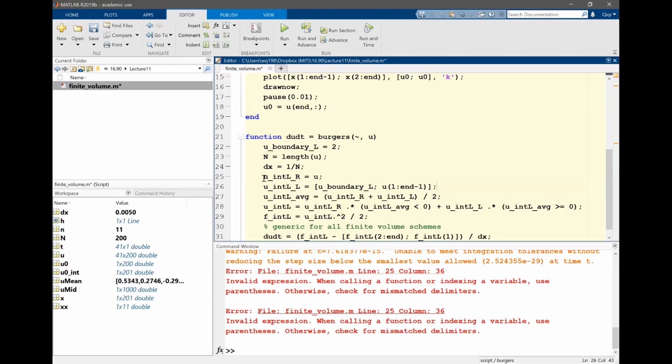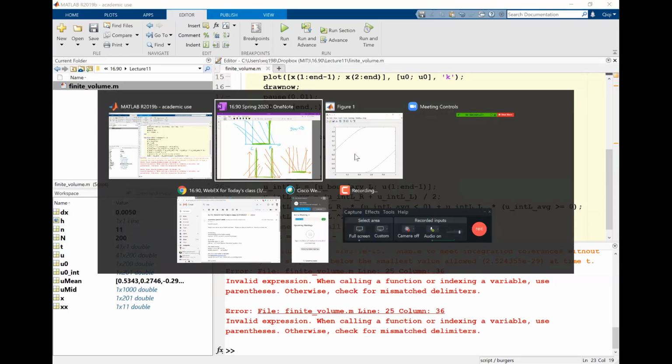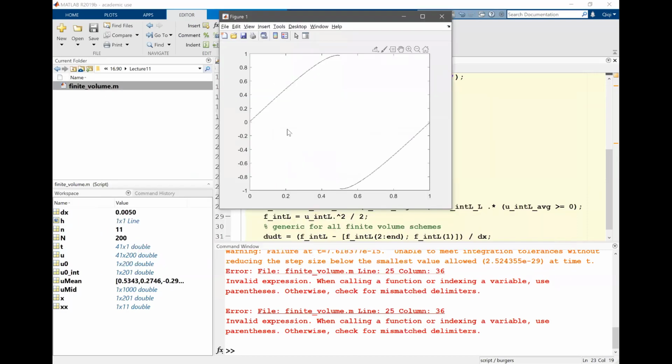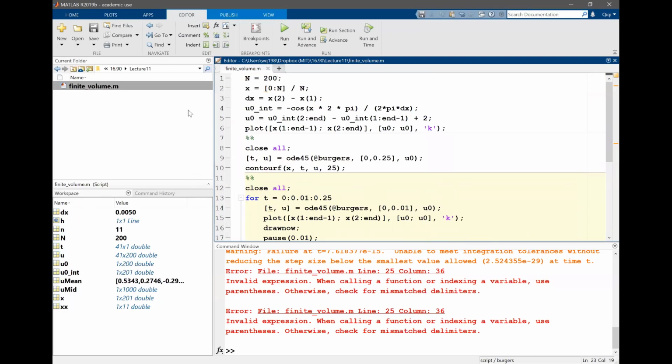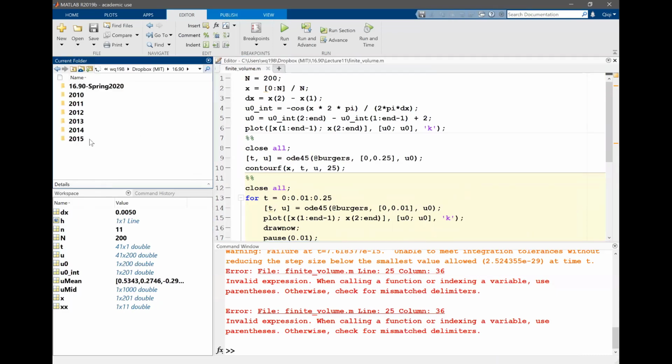I mean, that's one of the biggest differences between periodic and non-periodic boundary conditions in finite volume: for periodic boundary conditions, because of the periodicity, if I have n volumes, I only have n interfaces. But for non-periodic, if I have n volumes, I actually have n+1 interfaces. If you remember, if you look at, well, this is too fine for you to actually see, but for example, if I go back to our lecture 10 and pull up the finite volume demo,